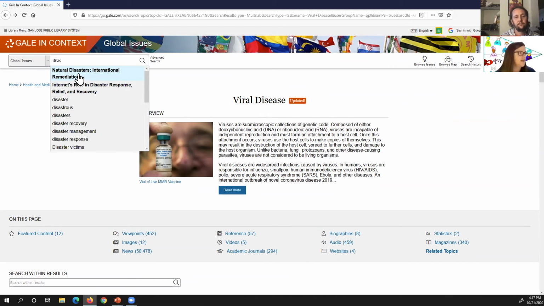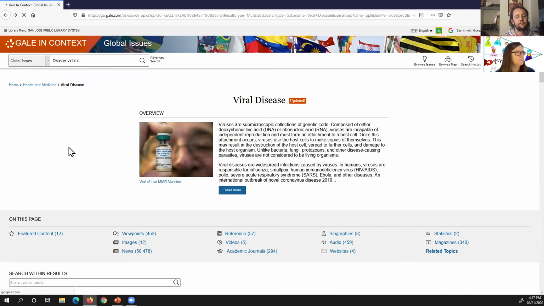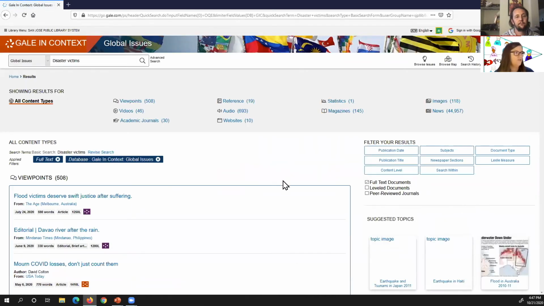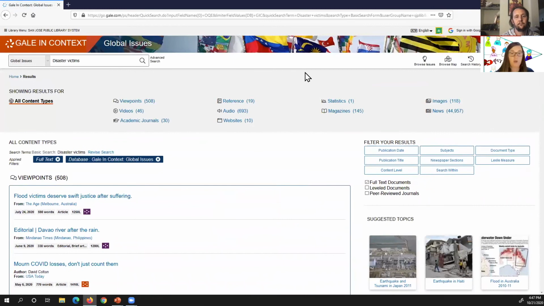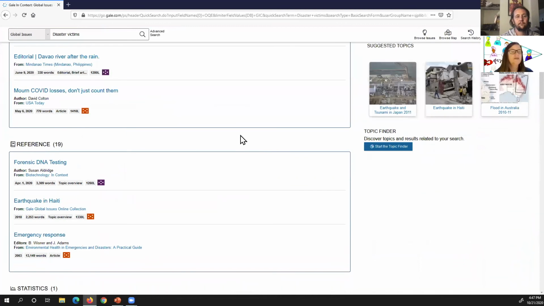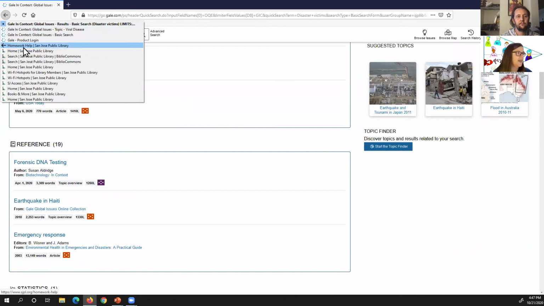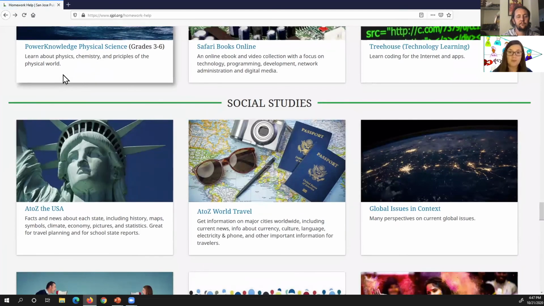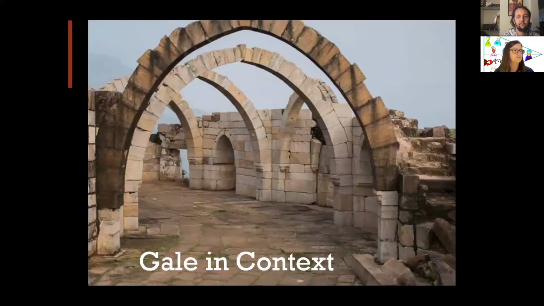If I search for disasters and I just do disaster victims, for example, it will still give me articles on that topic, but it won't have them all neatly collated into that overview article that gives you the introduction to the topic as a whole. So this Gale In Context series is a really powerful tool, and again, just something that they can grow with as they explore and do more in-depth research.